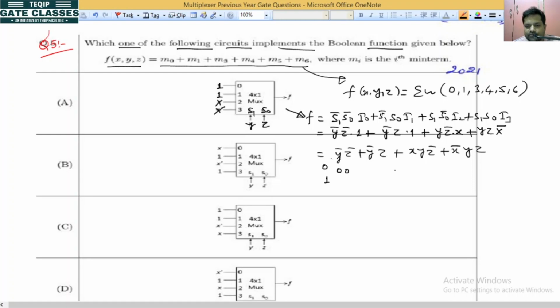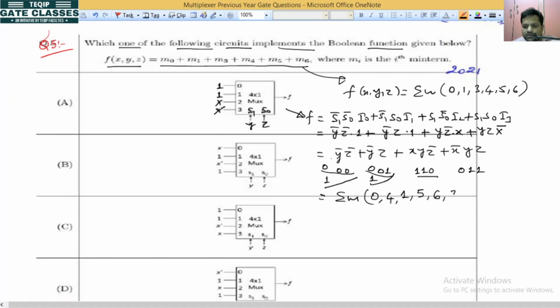So we took both. Now for this we have again missed one variable, so it will also be like this. So only that x will be either 0 or 1. If you go here, it is 1 1 0, this one is 0 1 1. What will be the function? 0 0 0 is 0, 0 0 1 is 1, 1 0 0 is 4, 1 0 1 is 5, and 1 1 0 is 6.